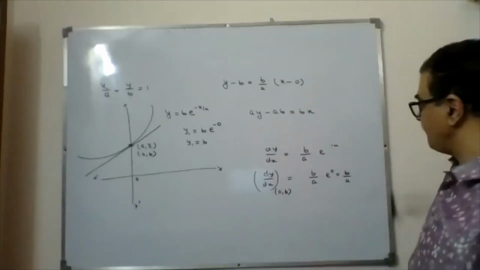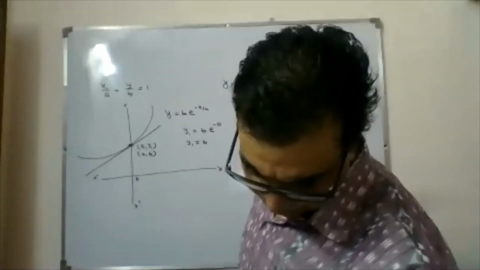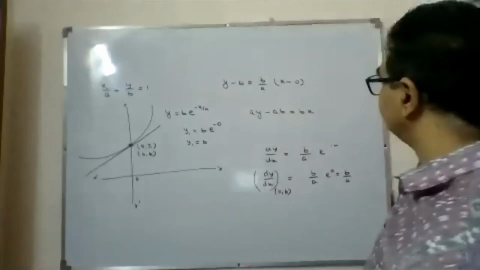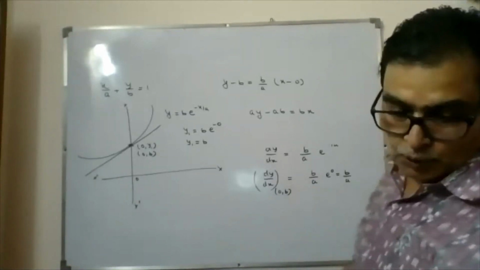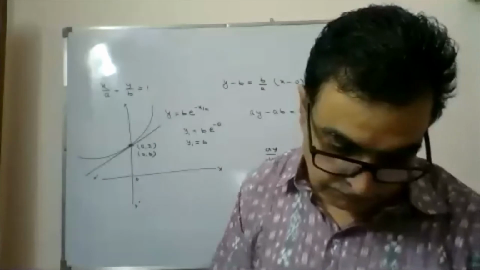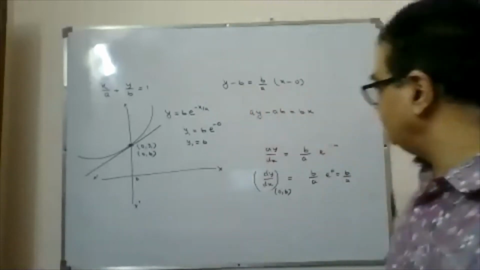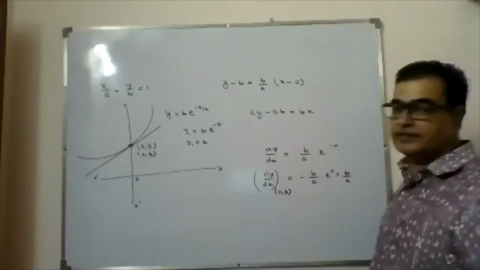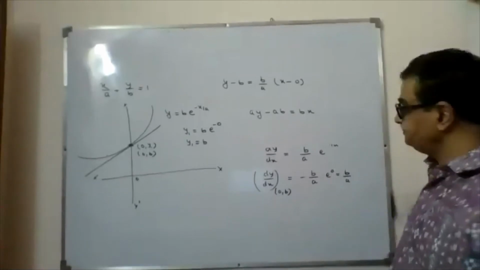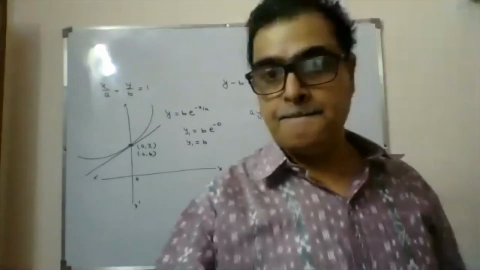Something wrong we are doing. Minus is the difference here. Is it minus b by a or is it b by a? Check the slope. We said minus once. Check the derivative. There was a minus here, because e power minus x by a, in the derivative a minus came. Yes, it came? Check it. A minus should have come here.